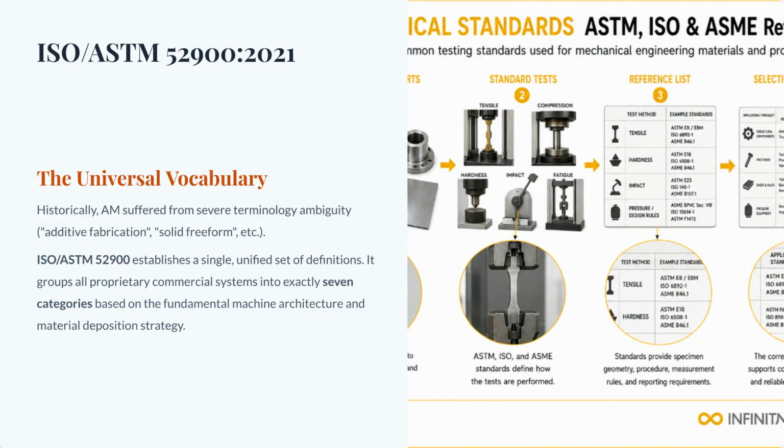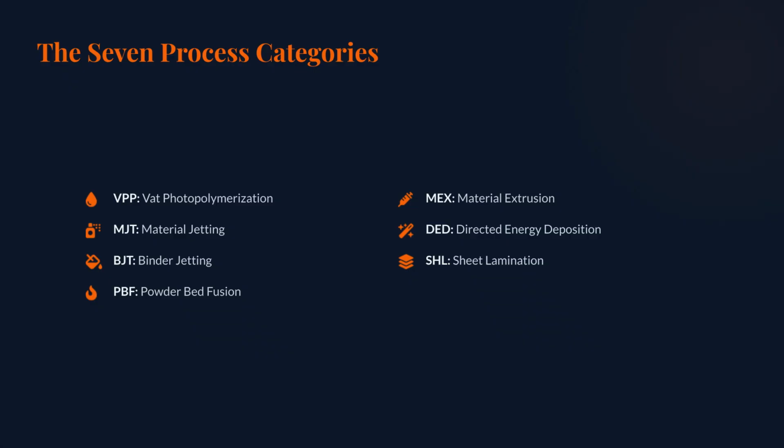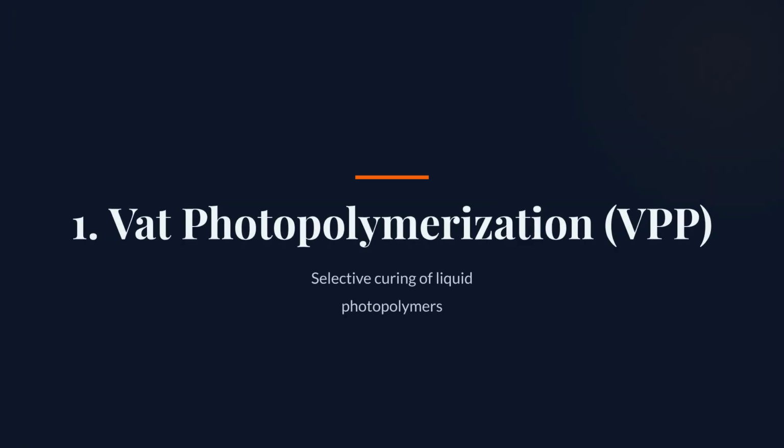It provides a unified set of definitions, grouping all commercial systems into 7 distinct categories based on their architecture and deposition strategy. The 7 standard categories are vat photopolymerization, material jetting, binder jetting, powder bed fusion, material extrusion, directed energy deposition, and sheet lamination. The first category is vat photopolymerization, often referred to as VPP, which involves the selective curing